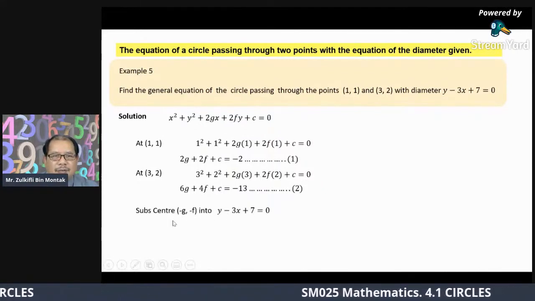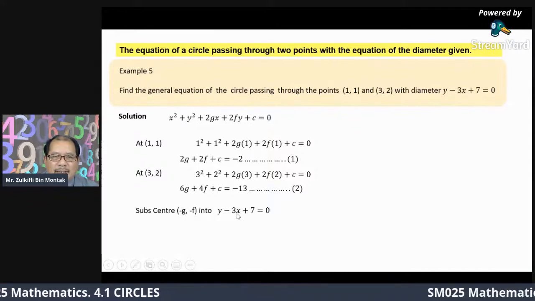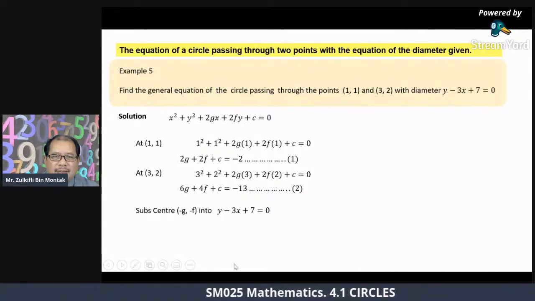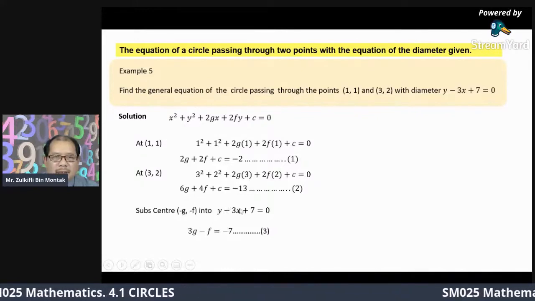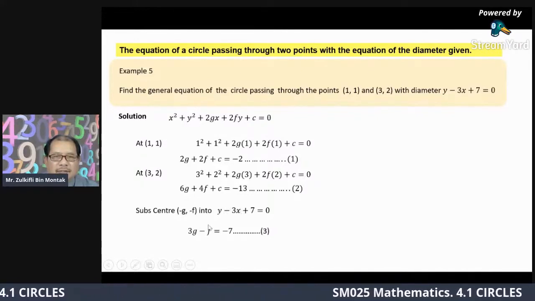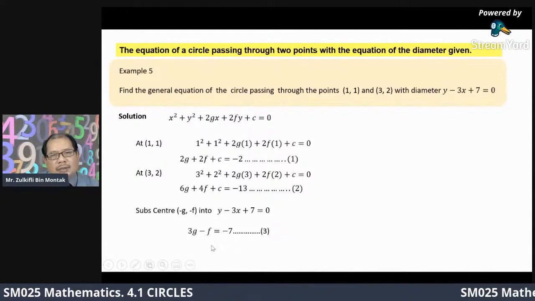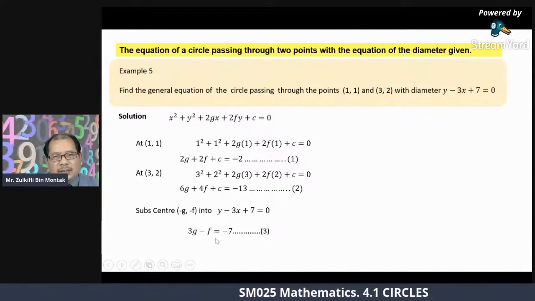So we substitute the center negative g, negative f into the diameter y minus 3x plus 7 equal to 0. So y equal to negative f, and x equal to negative g. I rearrange: negative f plus 3g plus 7 equal to 0. So that means 3G minus F